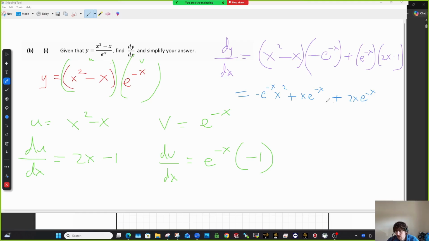I kept the order because I'm putting the x's first sometimes and then the e to the x. So I should have been more consistent here, but it's fine. e to the minus x. So what goes together here? These two will add together because they're both x's. So you'll get something like